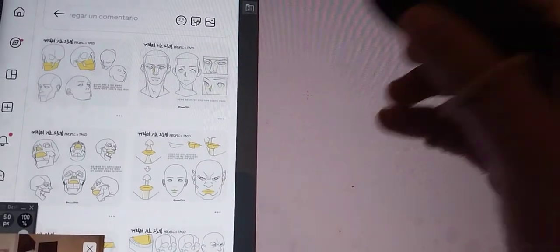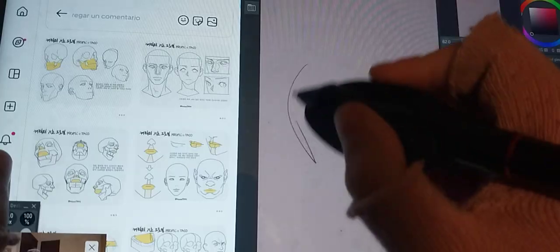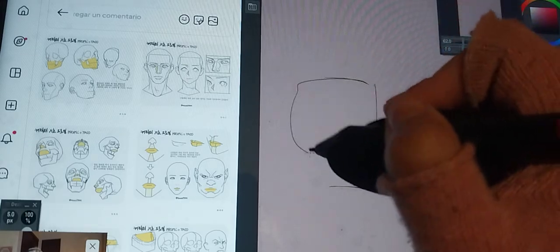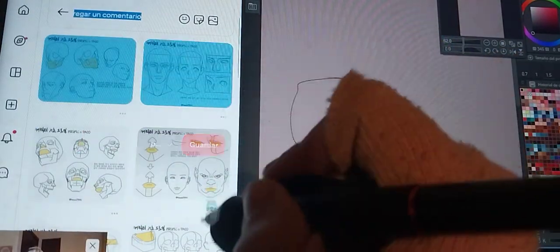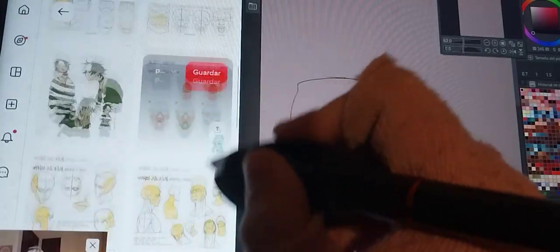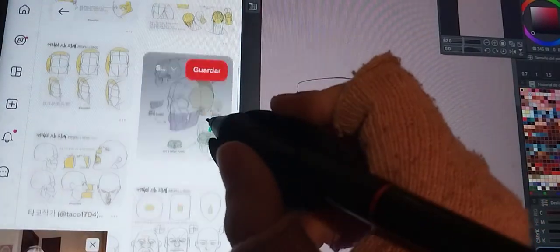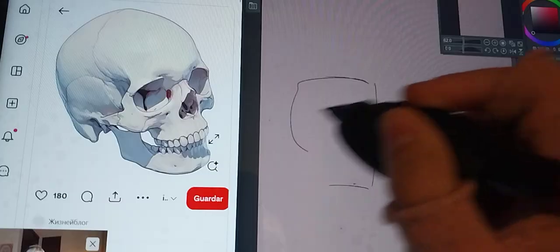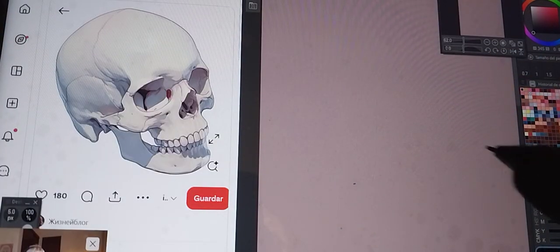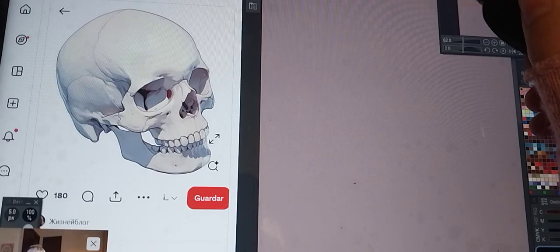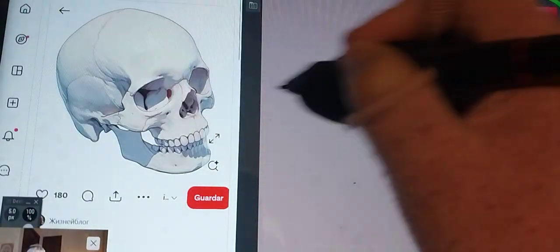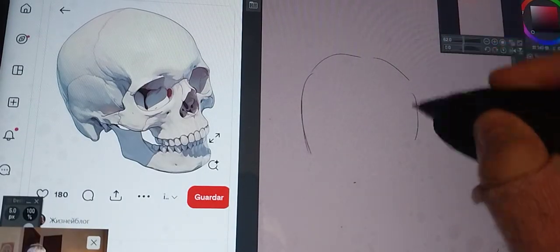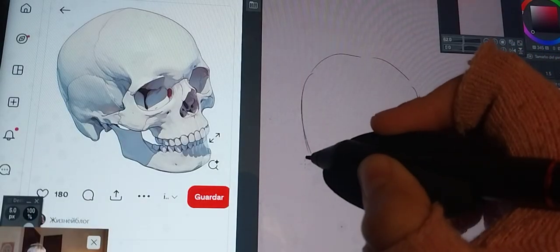No, if you want a head that is looking sideways, you'll search for a skull that is looking sideways. For example, this one, or specifically a skull. Okay, let's just use this one. And I want to make a head that is looking kind of like that. So what I would do is first copy this skull as best as I can,